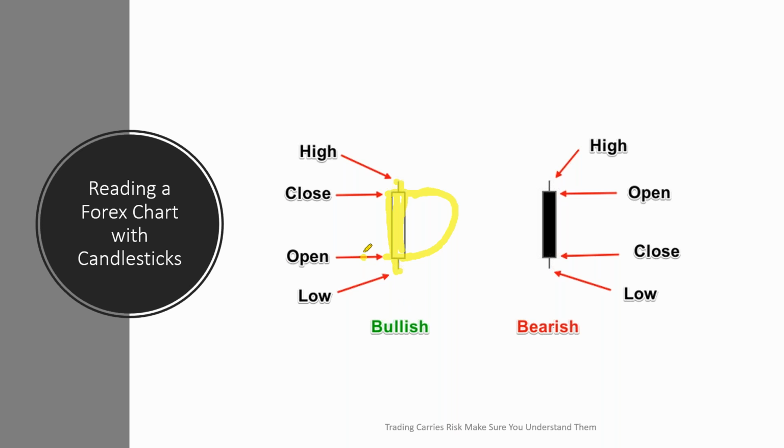Again, if we stepped up from the open to the close, we have a bullish time frame. If we step down from the open to the close, we have a bearish time frame. In candlesticks, we color in the body depending on whether the candle is bearish or bullish. If it's a bearish time period, we would color it in with red. And if it's a bullish time period, we would color it in with green, or white and black. So in essence, it's the same as a bar chart, except